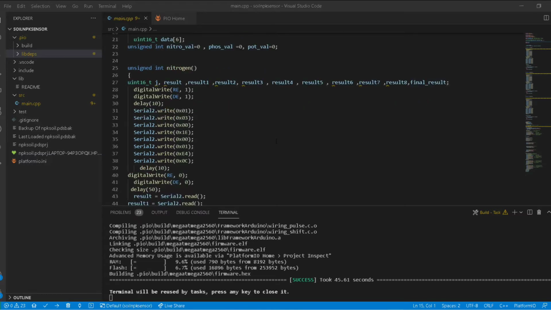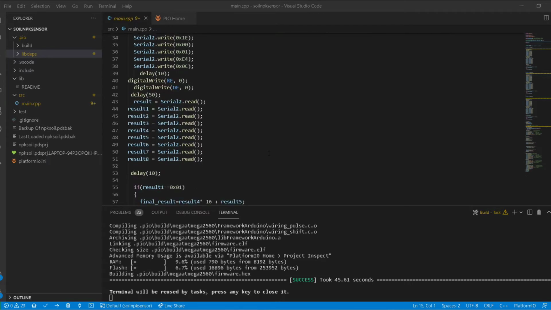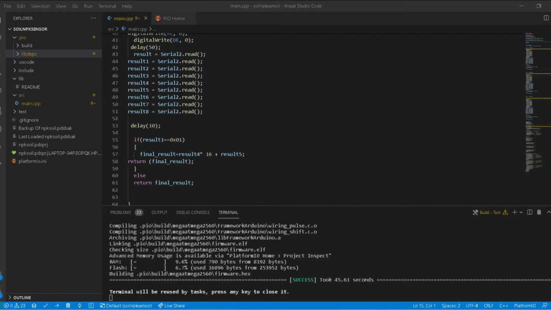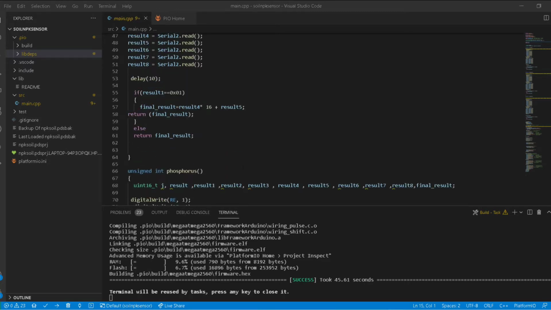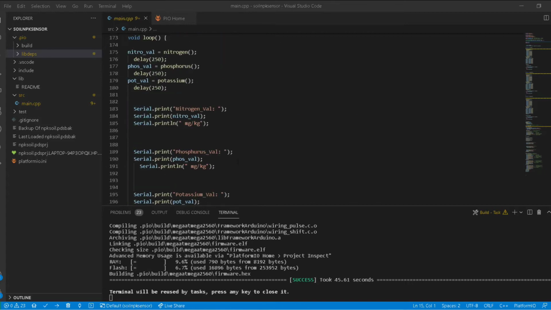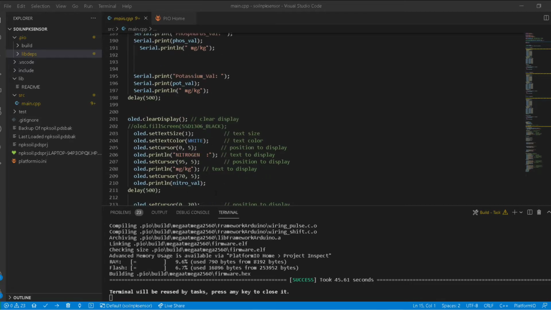As per the data sheet, we send the Modbus request through Serial 2 via the RS485 communication, and we capture the detected parameter as per the data sheet and return the value through the function. That returned nitrogen value is displayed in the main loop, on the serial port as well as on the OLED display.